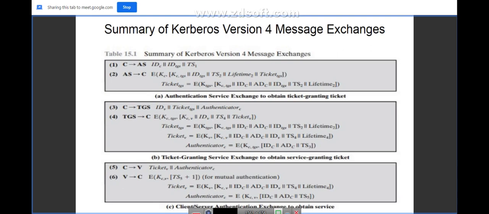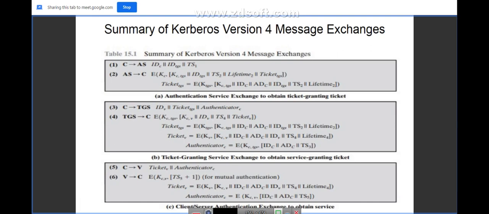Okay, so now let us look at Kerberos version 4, which has been discussed just now. There were 6 exchanges among the 3 roles. One is the client, one is the server, and the other is the KDC. Now the KDC is logically divided into 2 things: one is AS, the authentication server, and the other is TGS, the ticket granting server. You need to remember these terminologies: what is C, what is AS, what is TGS, what is V. See here, V is a server. So that we need to understand.